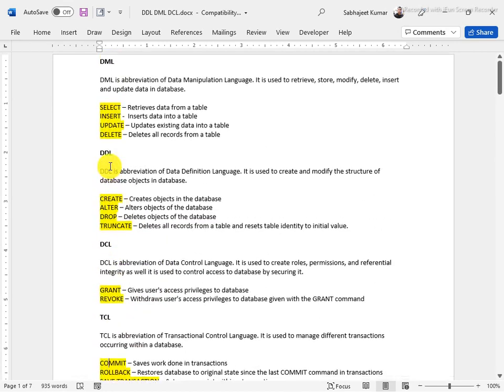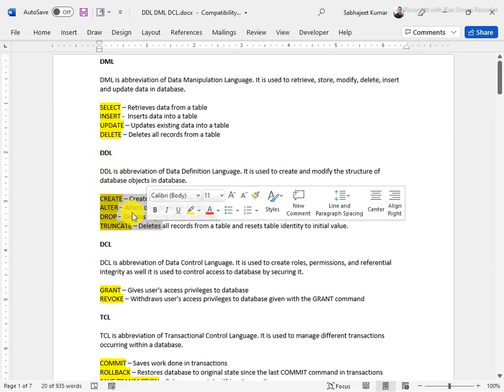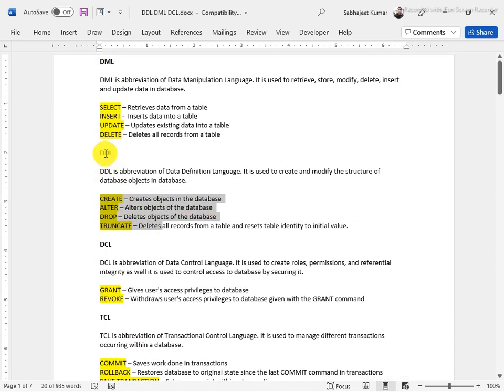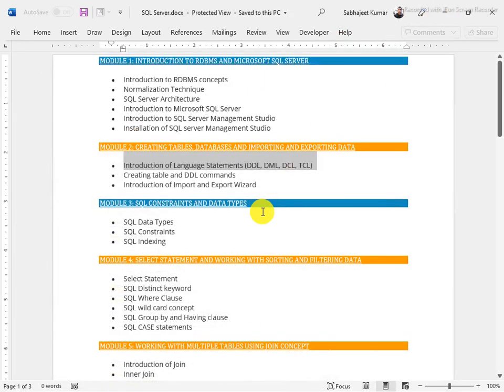Here I will use the first, DDL commands, and we will see each and everything. Mainly using DDL we create tables and alter tables, like adding columns, removing columns, changing data types and so on.